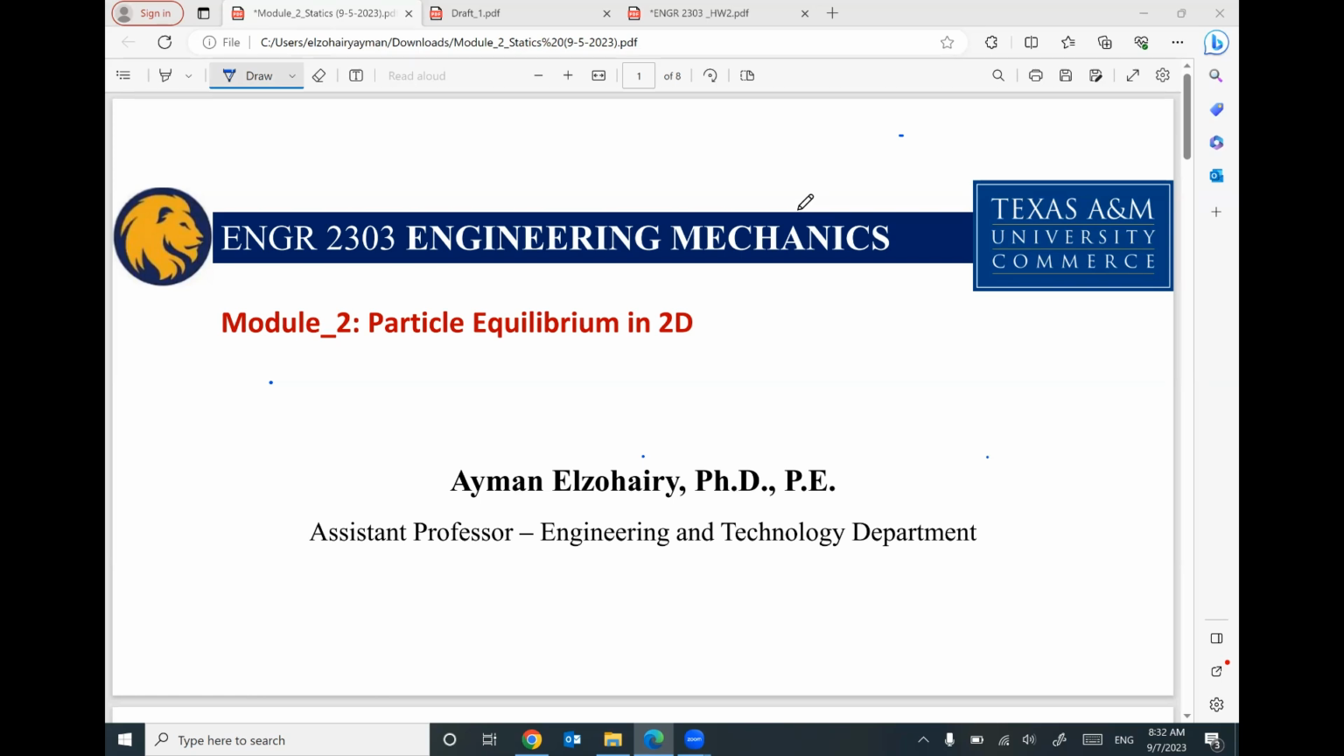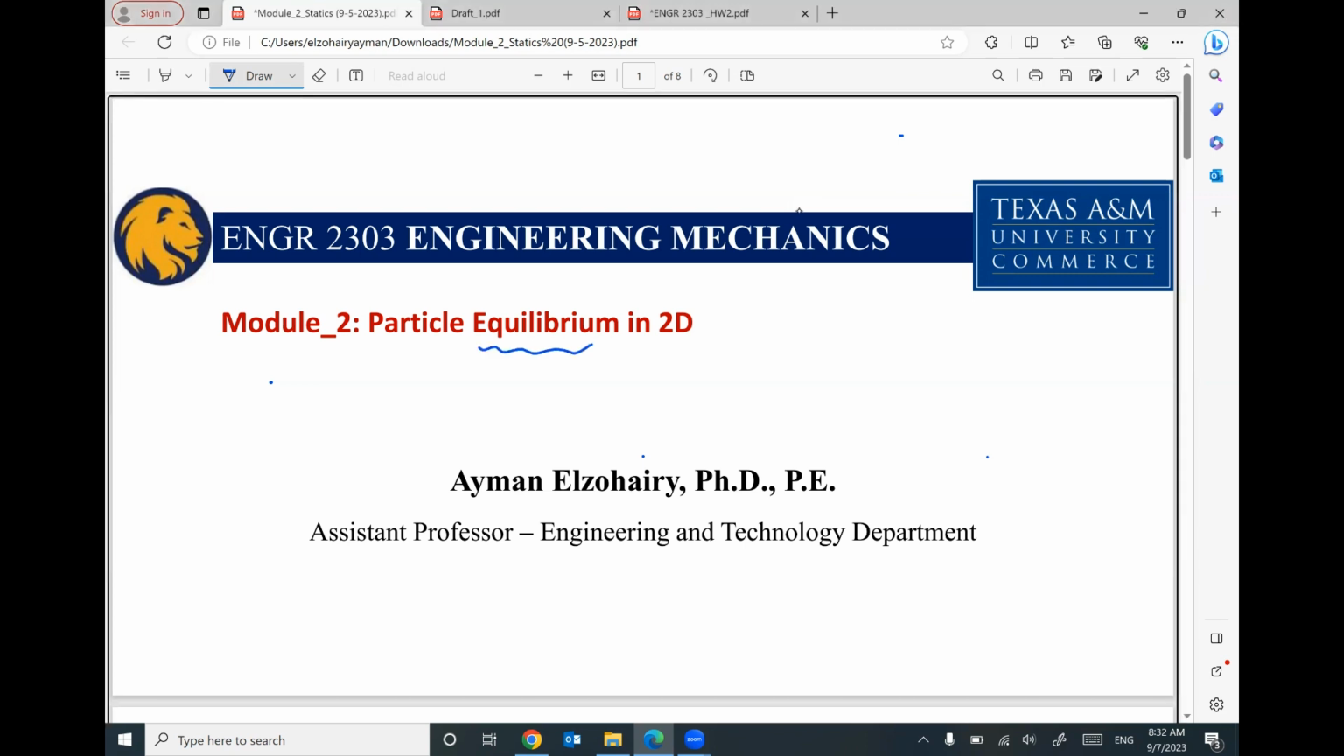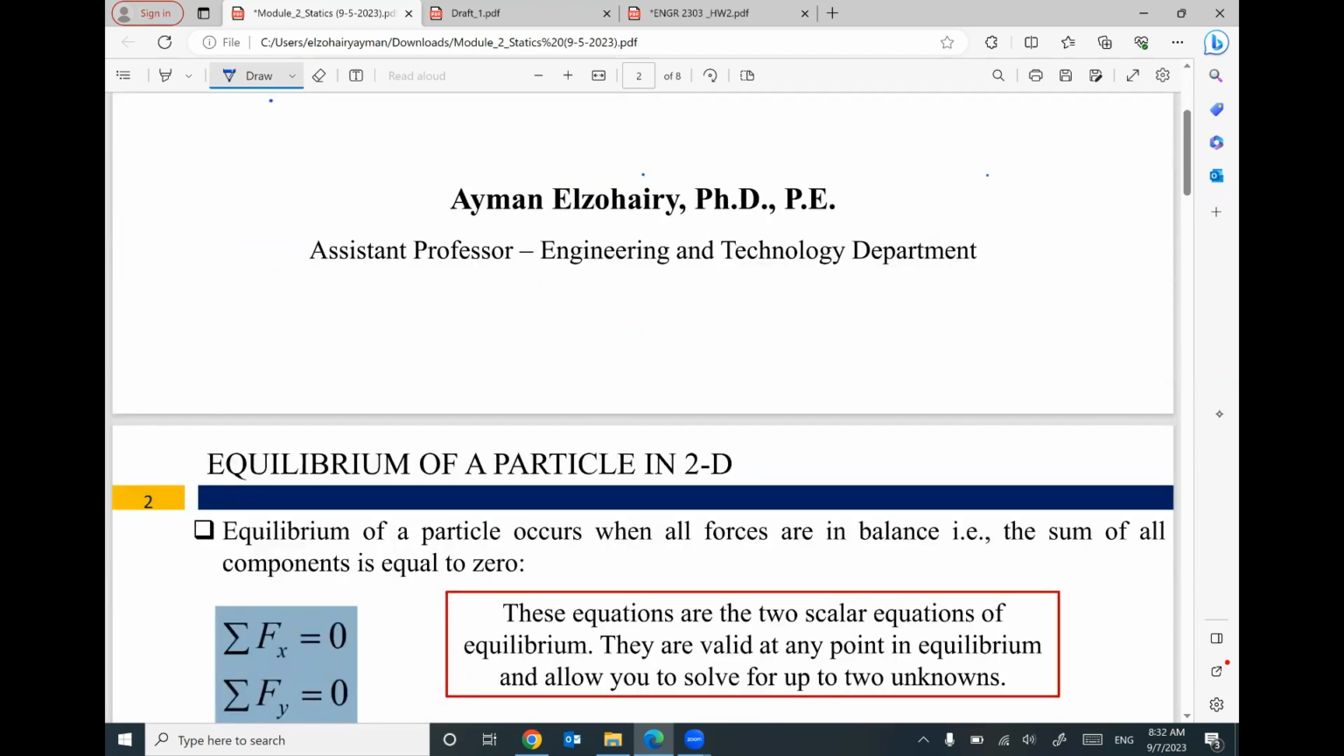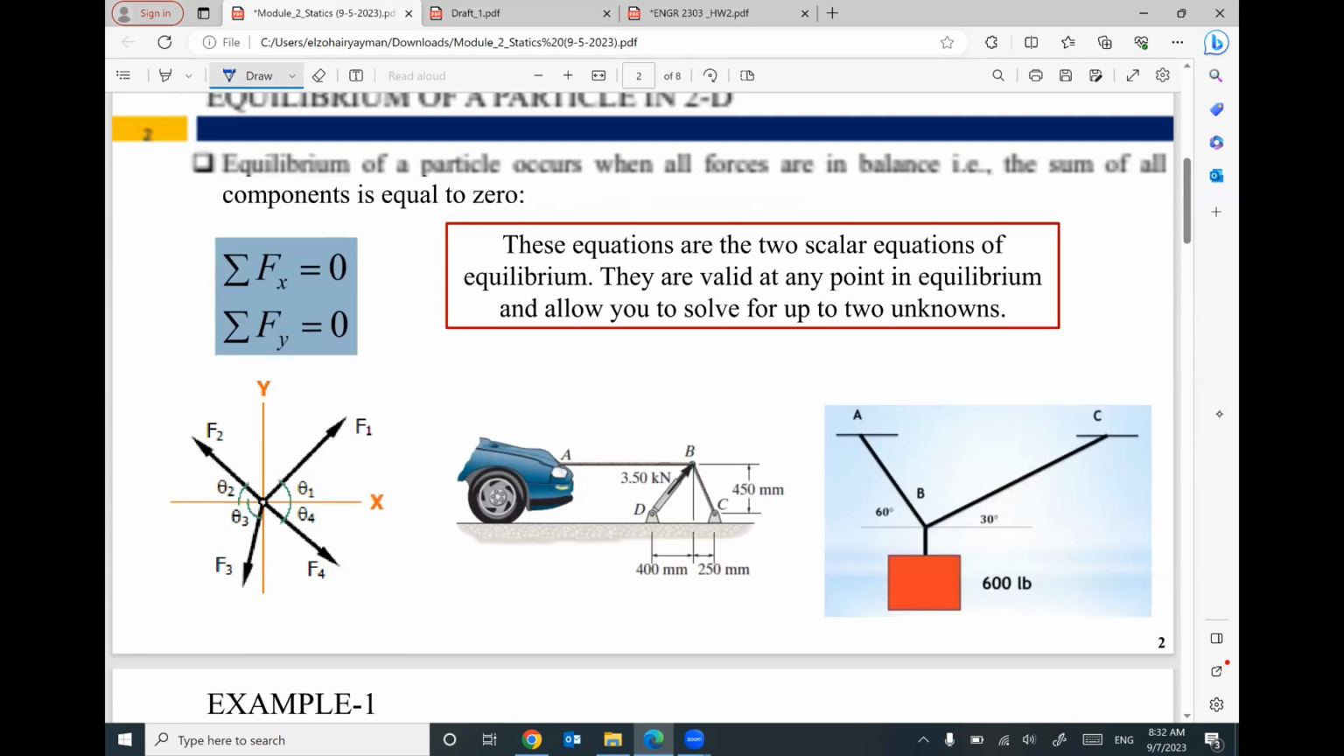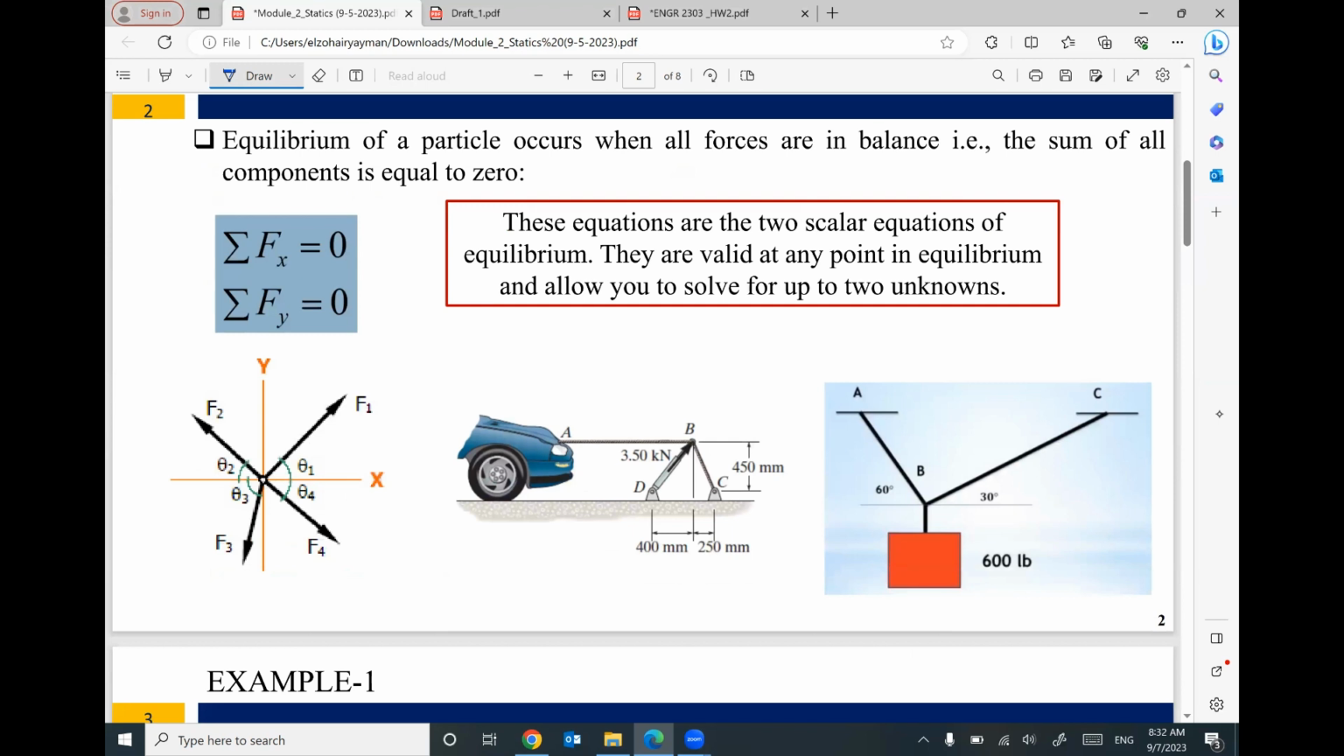Last meeting on Tuesday, we started to talk about forces in equilibrium in 2 dimensions. And we said that if we have a system of forces,